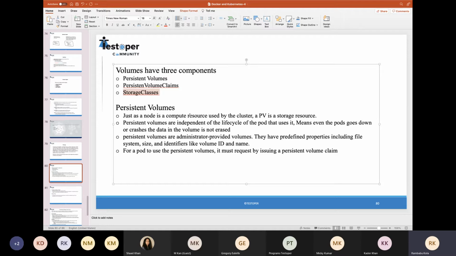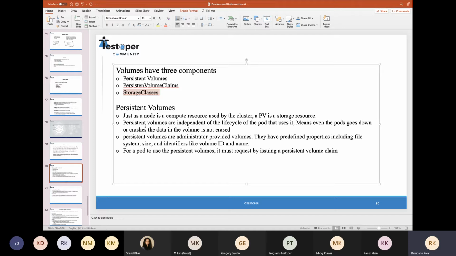So what is a persistent volume? A persistent volume is just like a worker node, which is a compute resource; the persistent volume is a storage resource. It is just the same kind of resource. And persistent volumes are independent of the pod life cycle.